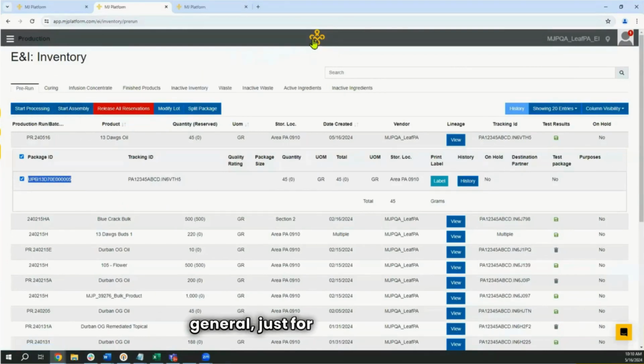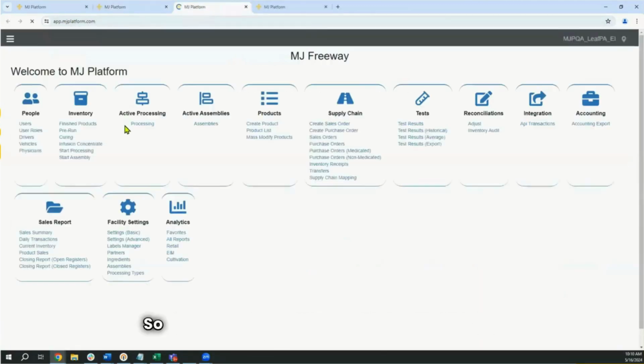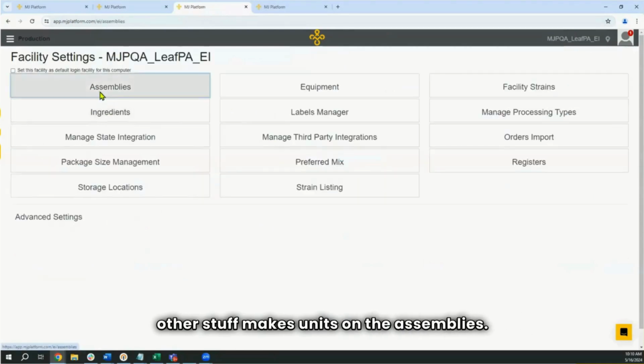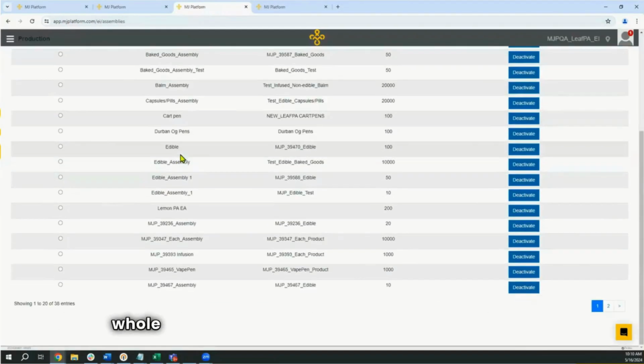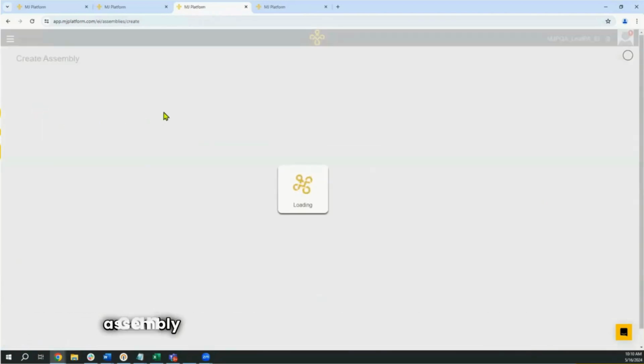In general, just for everybody to see, the assembly has an output product. So the assembly is just many things making up one new thing. Bulk inventory plus some other stuff makes units. And so on the assemblies, when we create an assembly, you'll see I have this whole list of assemblies in here. And then any given assembly can have